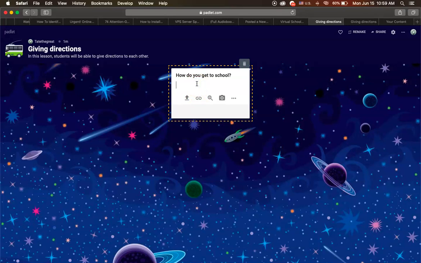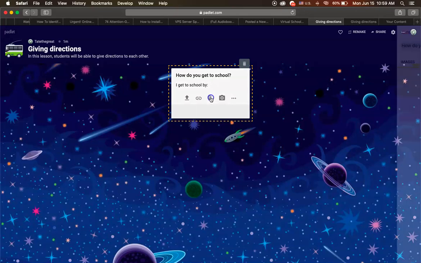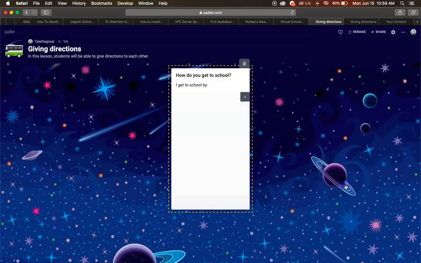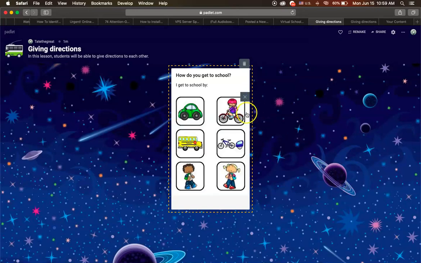Right? And the language you want, you can say, I get to school by blah, blah, blah. And you want the students to be able to finish the rest. So now if you want to add an image, you can search for images right there. You see the image that I used before shows there automatically. So I would just choose that to kind of show the students